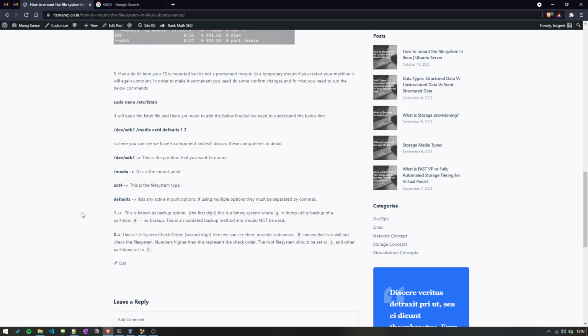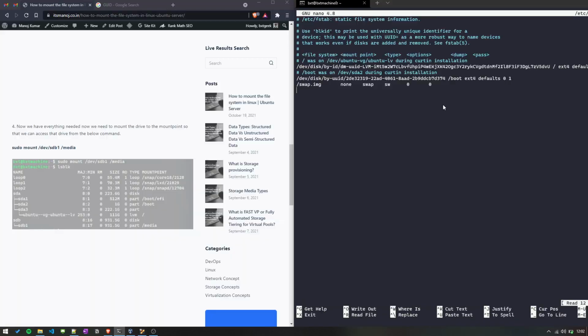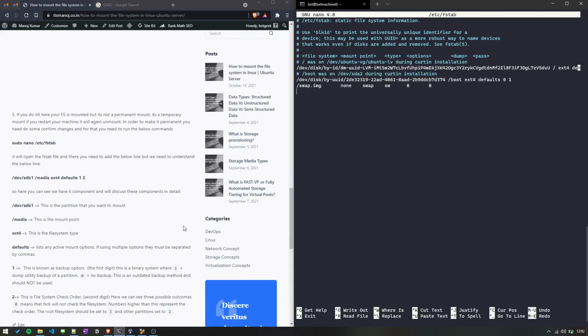So let's see how we write it: /dev/sdb1, tab, that is mounted on drive1, tab. Now ext4, tab. Now we'll set defaults.